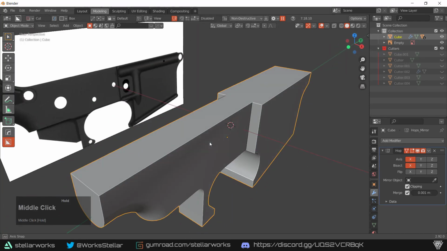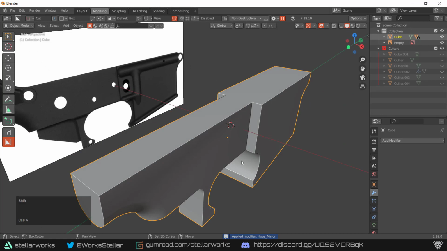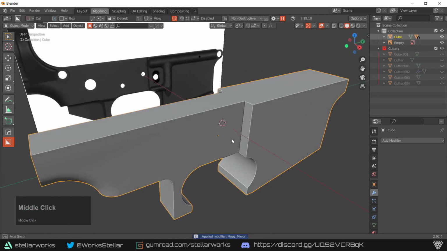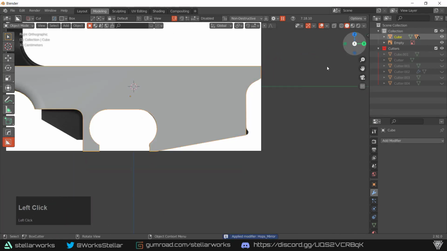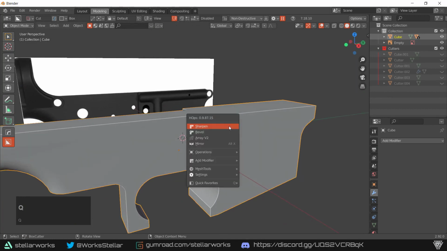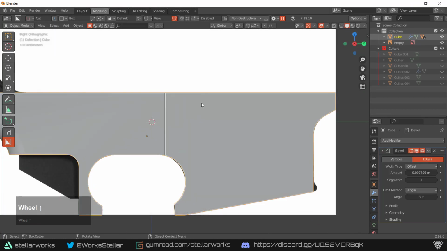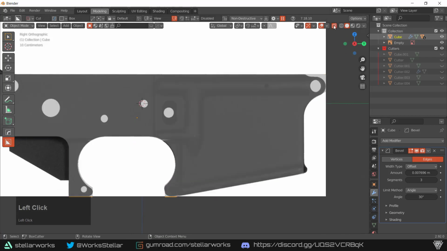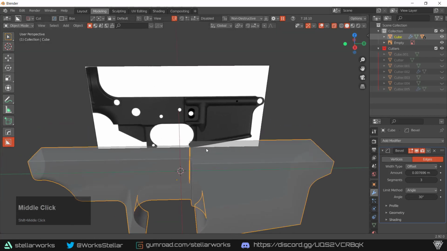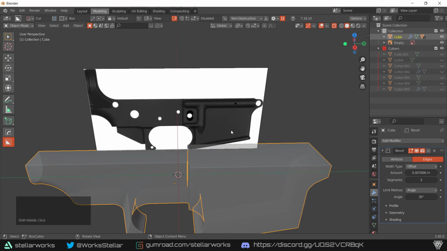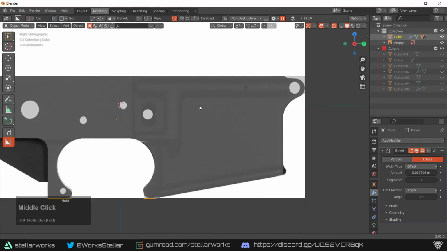So with this, I'm going to go ahead and apply our mirror since we are no longer going to be needing that anymore. Going to add a bevel just so we can see what we're doing in orthographic mode so we know where we're at. Okay, so we're going to get these going right here. So what I'm going to do